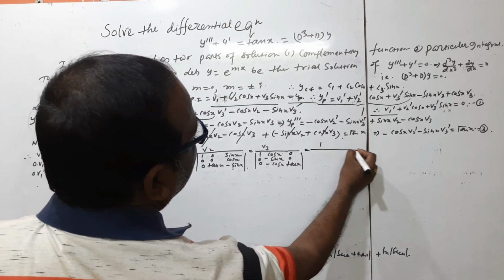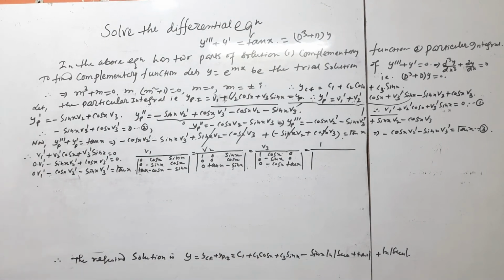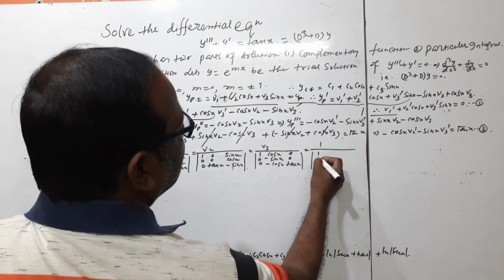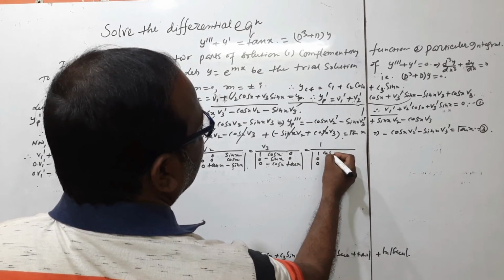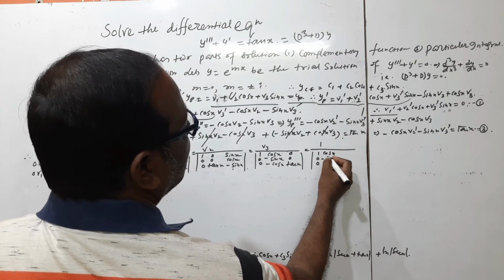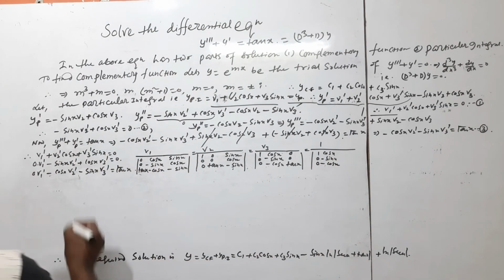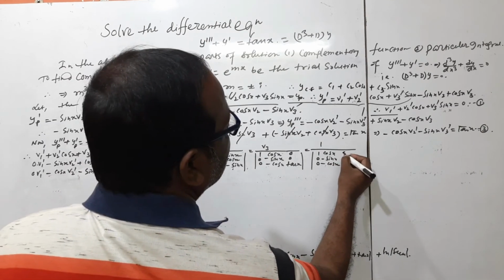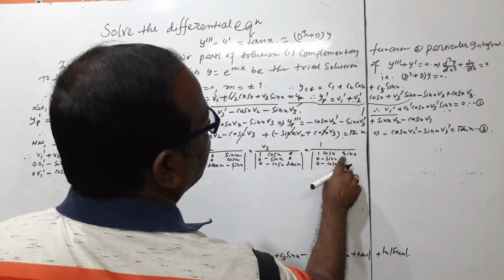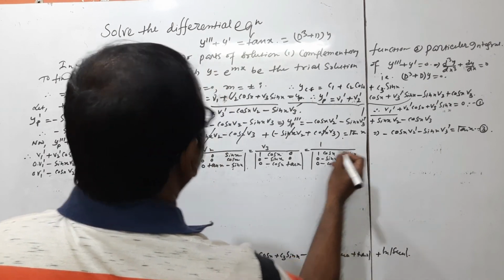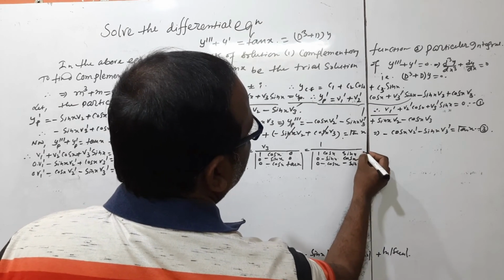This is the coefficient of v1, v2, v3, that is 1, 0, 0, and this is our cos x, minus sin x, minus cos x, another is sin x, cos x, minus sin x. Okay,